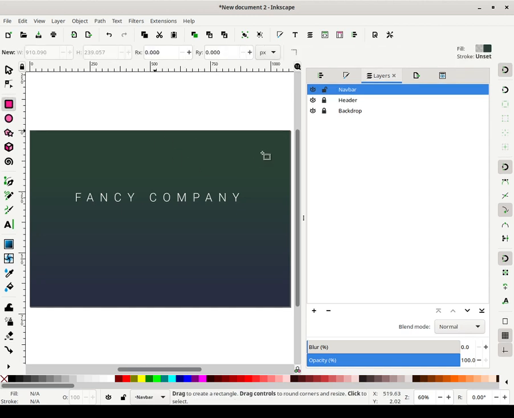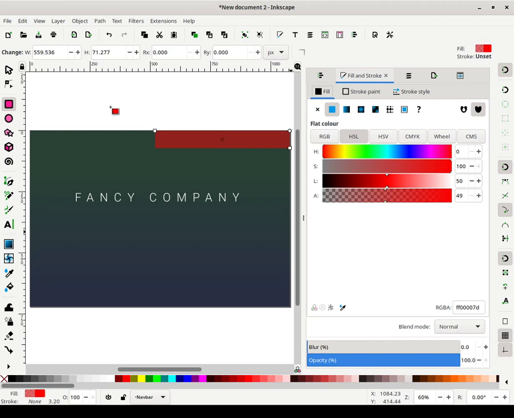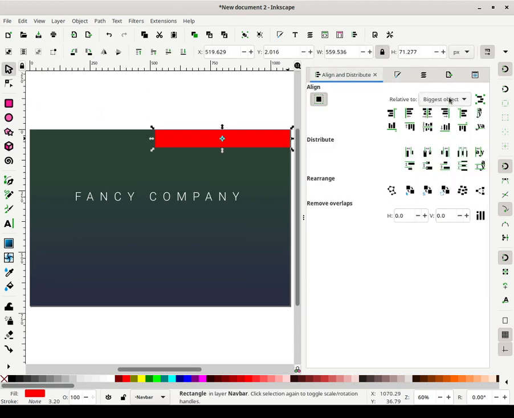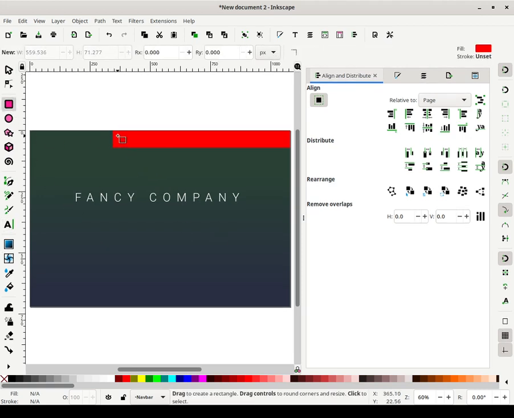So I'm going to add an object that will eventually be transparent. What I'm going to do is align this to the top of the page in the corner over here. This gives us a nice boundary as to how far things can go, so I can then add my buttons.